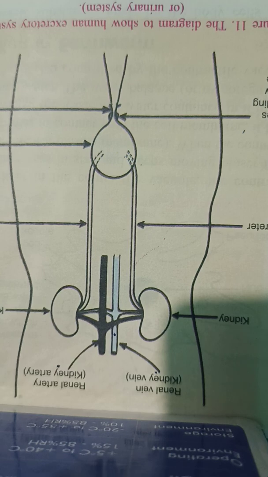And the process involved is osmoregulation. During excretion we come under the term osmoregulation, that is controlling the osmotic pressure of the body fluid by controlling the amount of water and salts in the body. Okay, so the excretory system is a system which consists of organs and tissues that help in separating or removing the waste product.